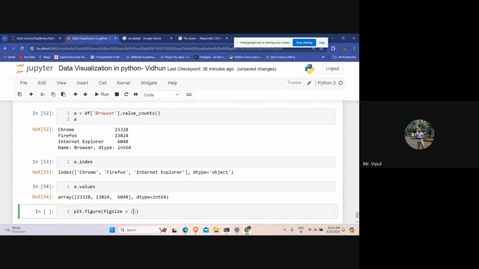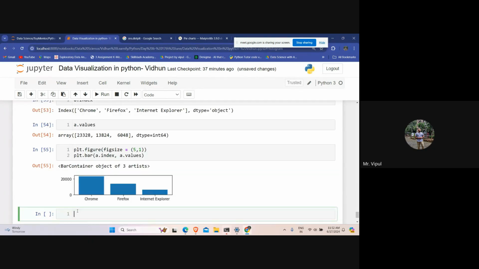जो आउटपुट है इसका फिगर सेट करते हैं, फिगर का साइज लेट्स से 5,1 और मुझे बार ग्राफ प्लॉट करना है तो plt डॉट बार किसके बीच में? a डॉट इंडेक्स. तो x एक्सिस पे a डॉट इंडेक्स रहेगा और y एक्सिस पे you'll have a dot values,